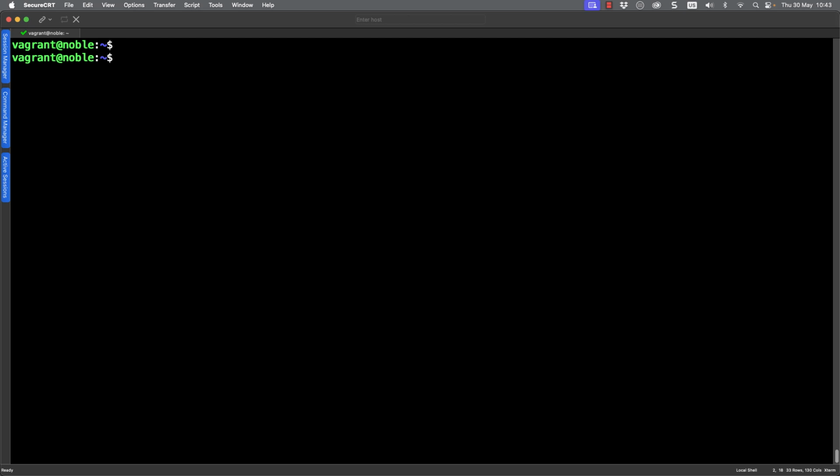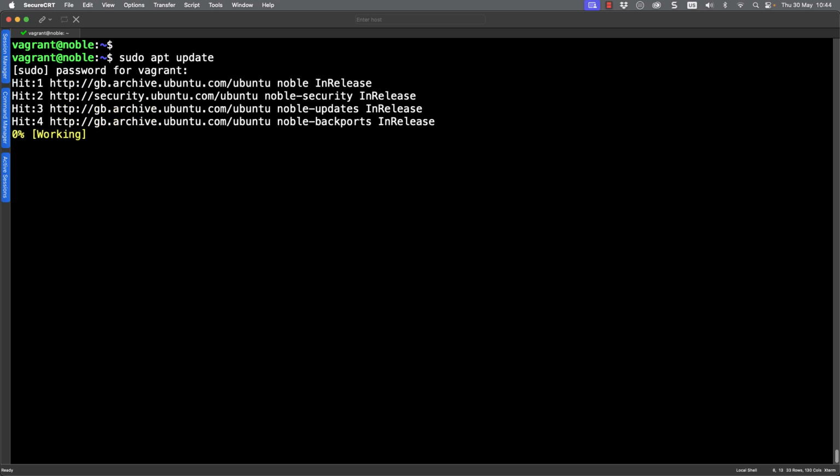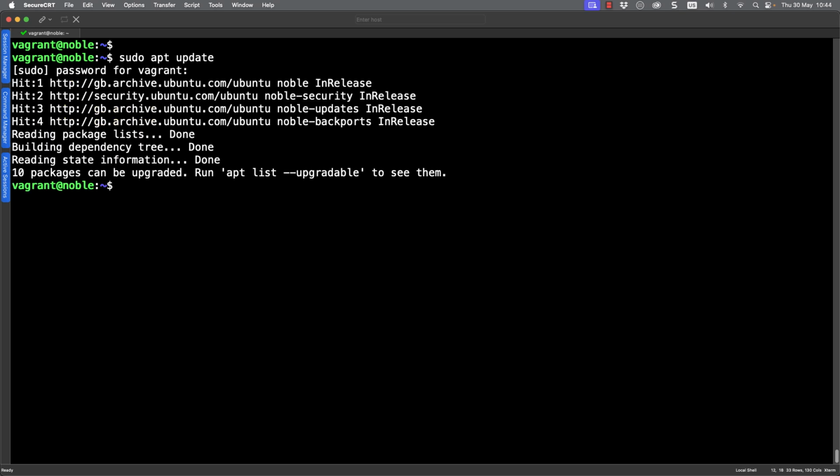Now we're ready to start configuring this image to make sure that it's going to be usable by both myself and other people who might need this image. So one of the first things that we're going to do is make sure that our apt cache is up to date. And as you can see, the vagrant user has sudo privileges, but they have to put in a password. So we also need to be able to get rid of that.